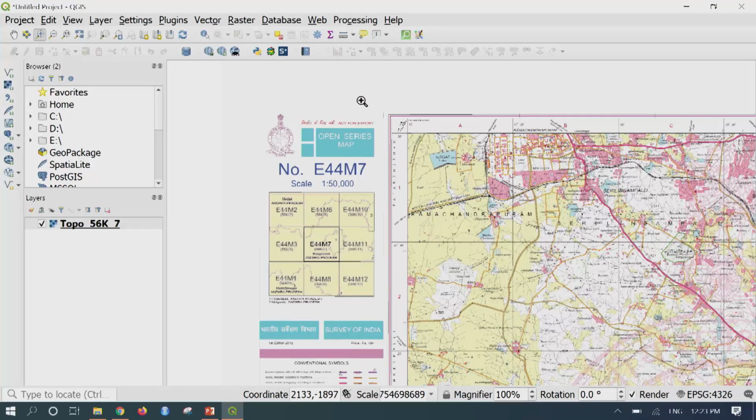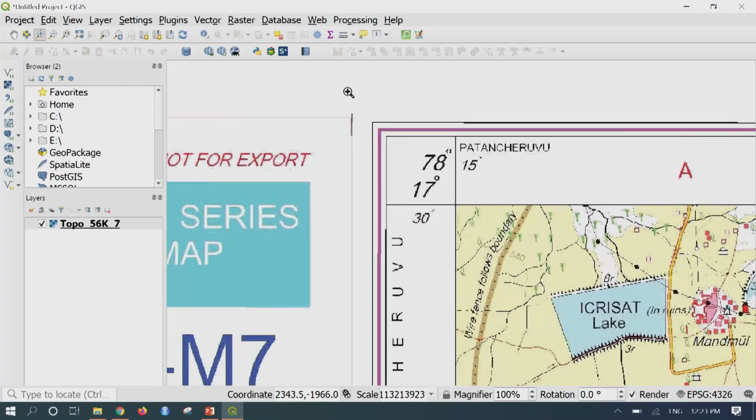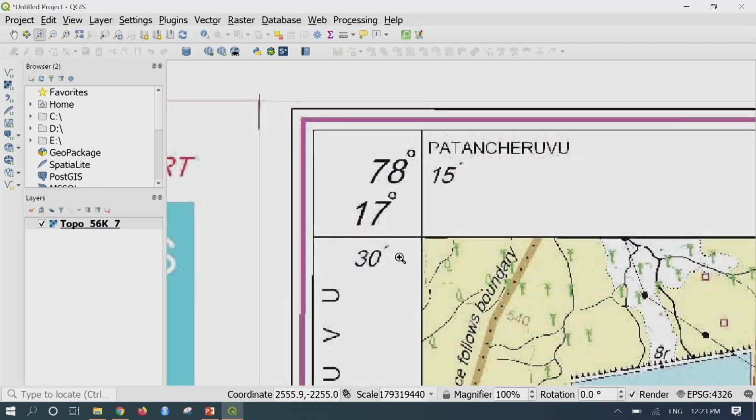This has been taught to you in the previous lectures on the map numbering system. So if I go to the top left corner, I am zooming in here. Here I can see the coordinate values. For this particular corner point, the coordinate value is longitude of 78 degrees 15 minutes,